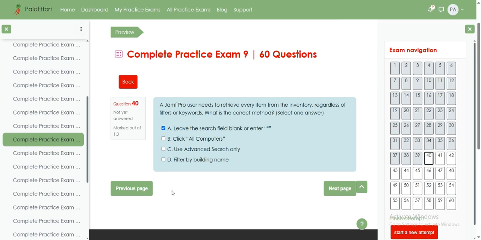Now let's explain. When a Jamf Pro user needs to retrieve all items from the inventory without narrowing by filters or specific keywords, the quickest and most effective method is to leave the search field blank or enter an asterisk. This wildcard search tells the system to return all results in the database, essentially acting as a show everything command. In contrast, clicking all computers is not a real UI feature in Jamf Pro and thus not a valid